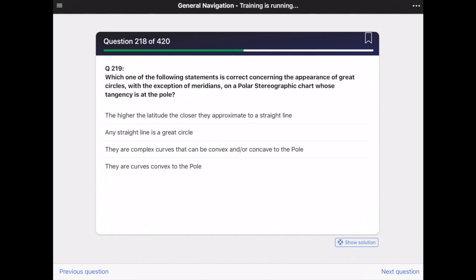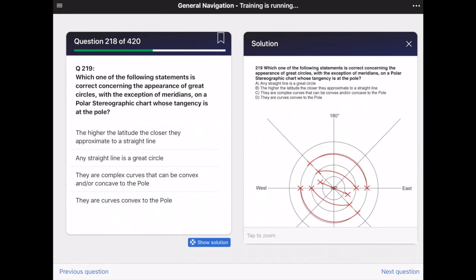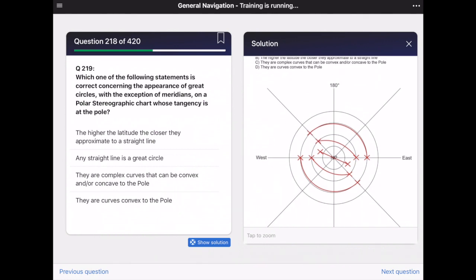First of all, you will most probably need this kind of navigation when you're flying long range over the pole, for example from the Middle East, let's say, to the United States or North America, Canada. You will get quite close to the North Pole, and then you will plot your track on Polarstereographic charts. Anyway, you can see 4 different answers. One of them is of course the only correct one, and in the bottom right hand corner you can see the show solution button. And here we provide you with a